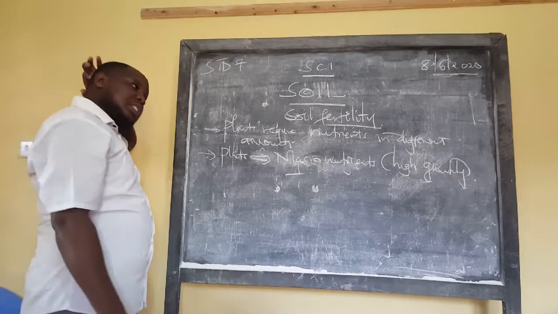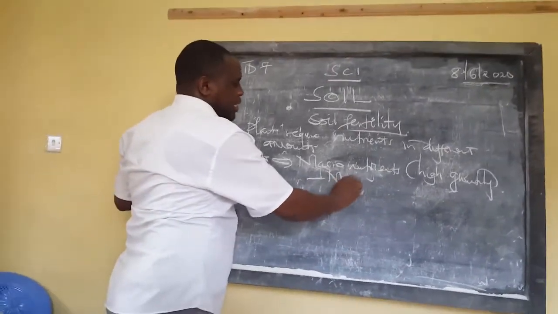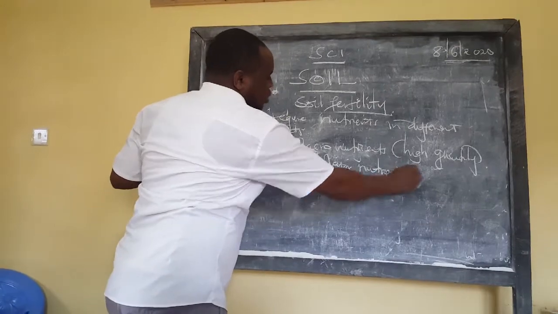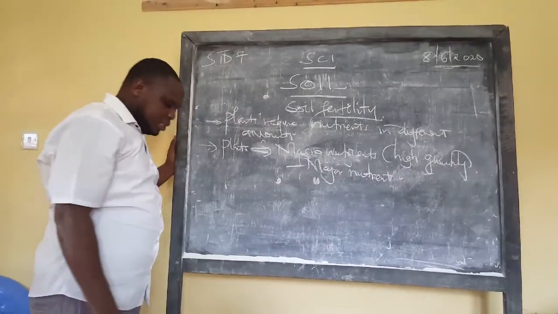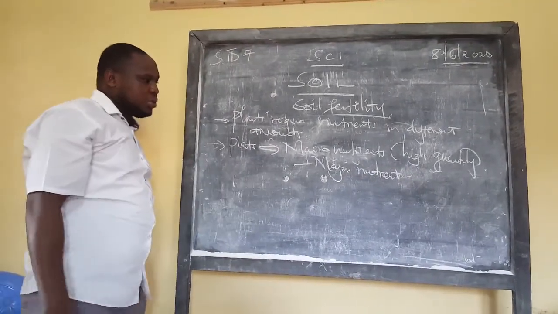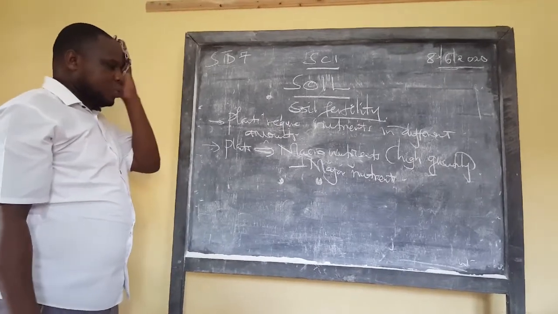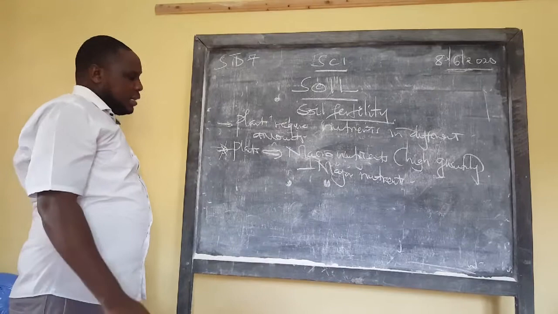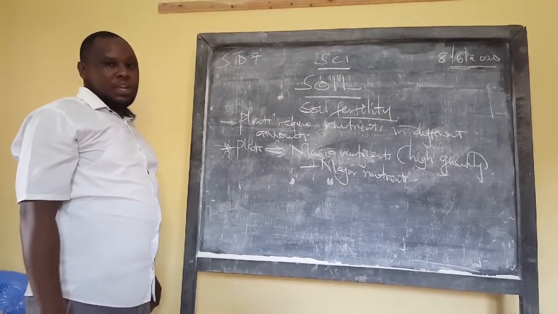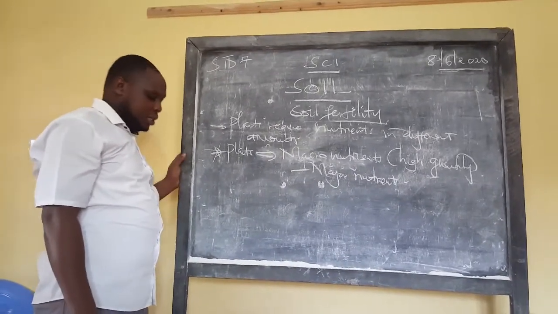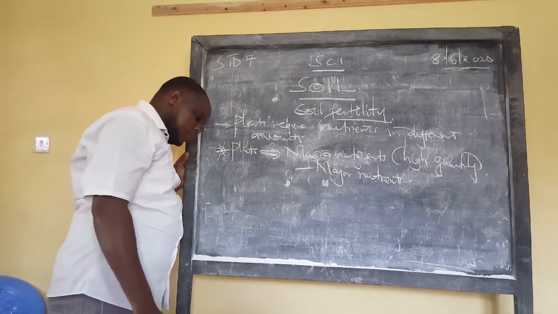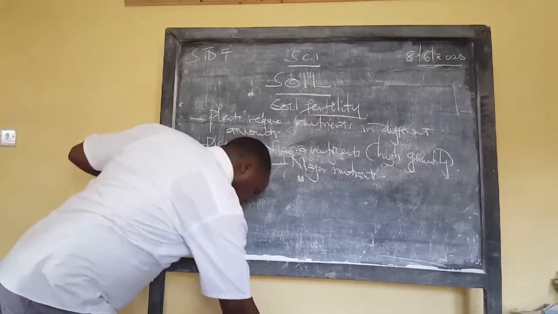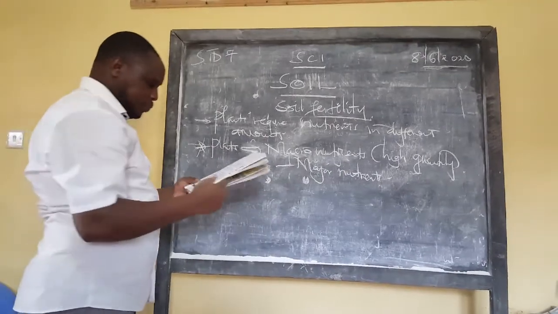The macronutrients have another name, that is major nutrients. So some plants require what we call major nutrients. This is just by the way, to tell you what is supposed to happen, but there's a question that comes from this particular thing I'm handling about major nutrients and minor nutrients. So the macronutrients, or the major nutrients, include this,